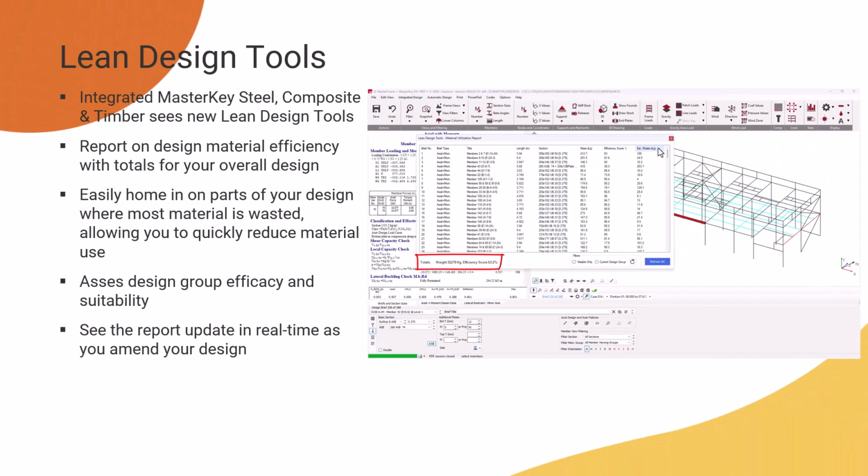Next up, we've got a really nice new facility called Lean Design Tools. Now, Lean Design is a terminology that we have borrowed intentionally from the Institute of Structural Engineers Climate Emergency Task Group. One of its key